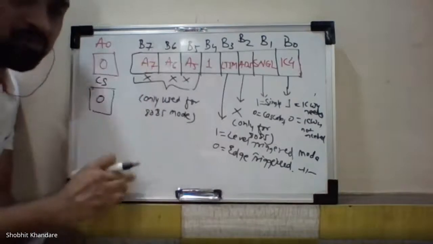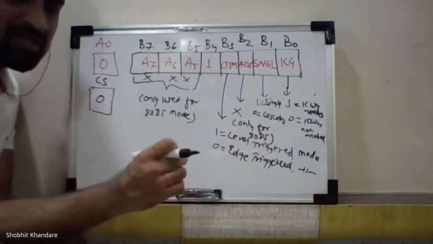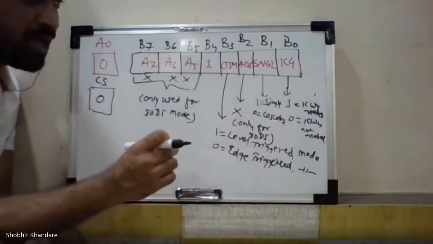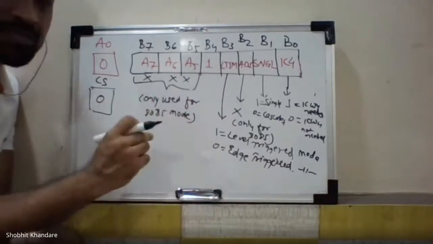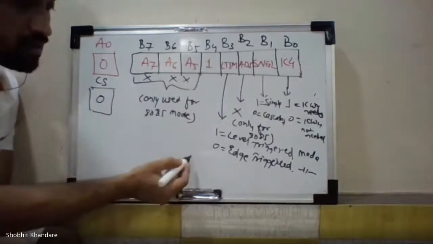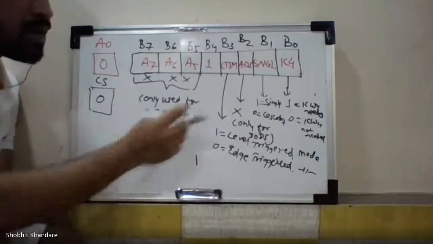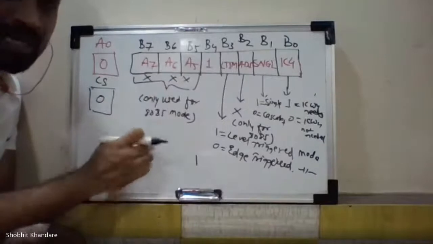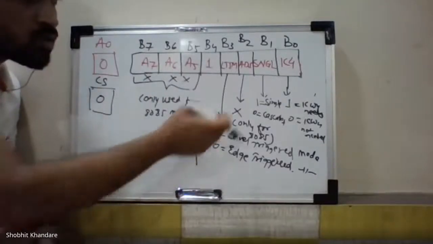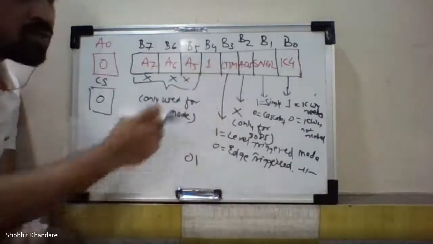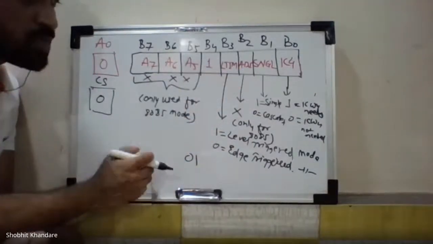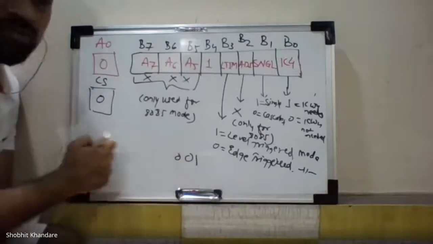Now, all of you pay attention. Suppose I say I am using ICW4, yes, so that bit will be 1. I'm writing it down here. I am using the cascaded mode, so this bit will be 0. I am not using ADI, this particular bit, so don't care, that means 0.